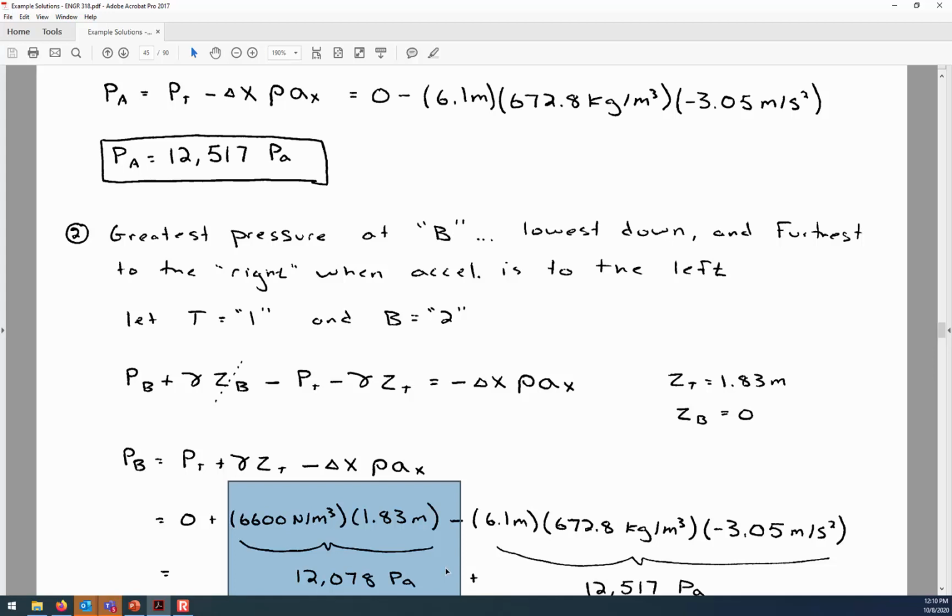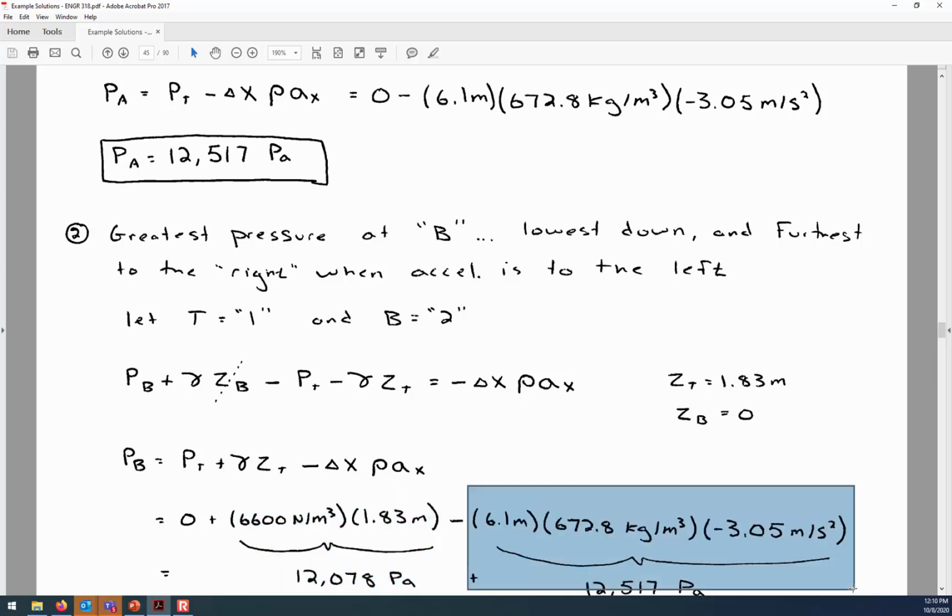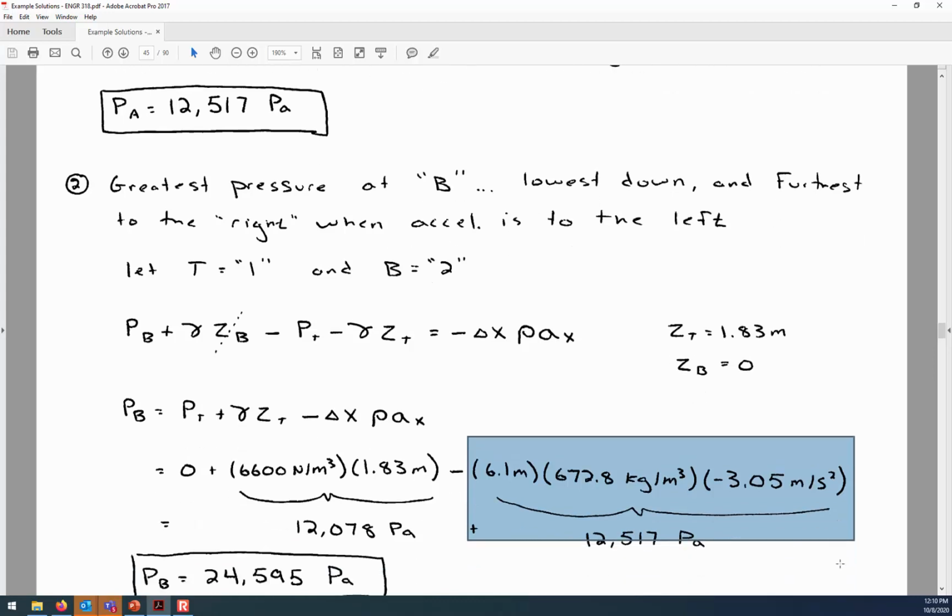It's at the bottom of the truck. And so Euler's equation automatically accounts for the hydrostatic effect. And it also accounts for the local acceleration that the fluid is experiencing. And so those two things together tell us that the pressure at the bottom of the truck on the right-hand side is